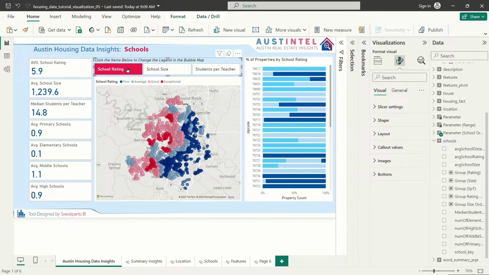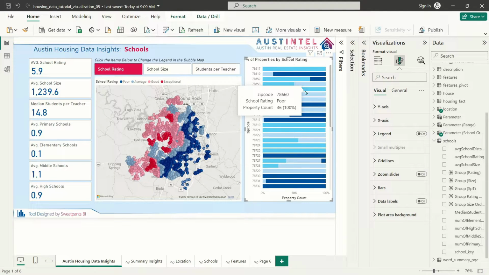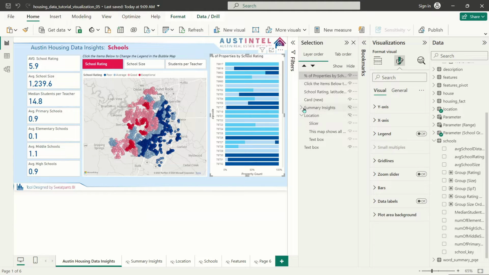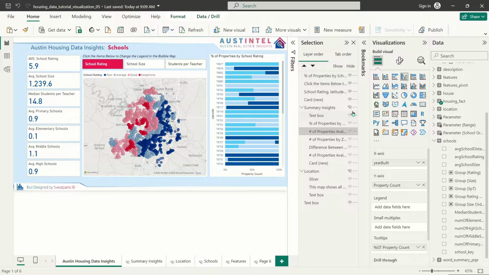Okay, so I think we've got our maps pretty well configured. The last thing that we want to do here is very quickly go ahead and fix this visual so that it looks as clean as everything else does here on the page. What I'm going to do very, very quickly is let's go back to our selection. I'm going to open up Summary Insights, and let's try